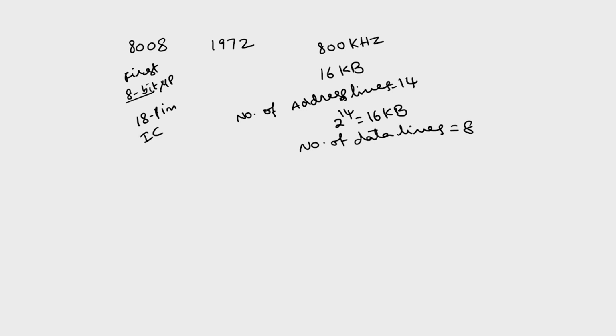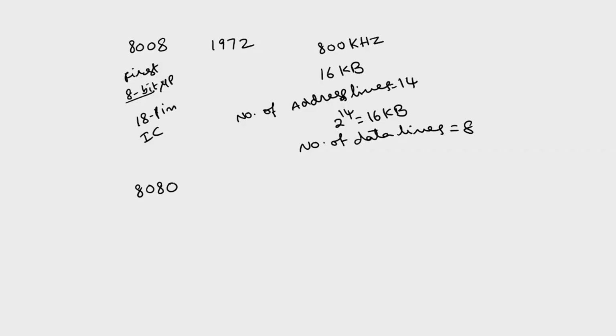IC. So later, as the technology developed, the next 8-bit microprocessor was the 8080, developed in 1973. This is also another 8-bit microprocessor. The difference between 8008 and 8080 is the clock frequency: here it is 800 kilohertz, whereas here the clock frequency is 2 megahertz. Means the speed of this 8080 is more when compared with 8008, because here one clock cycle